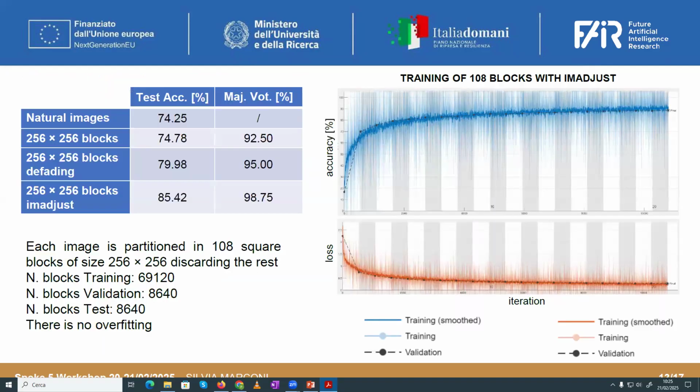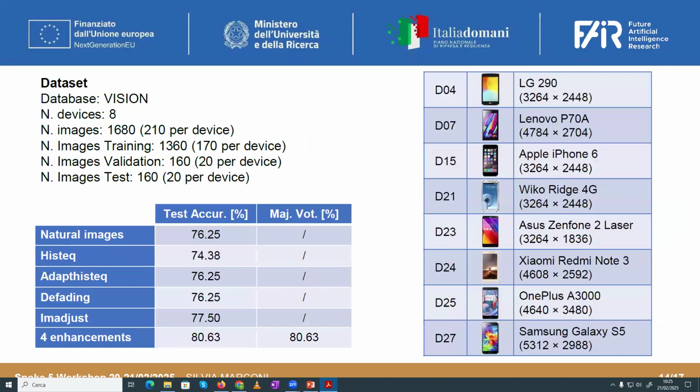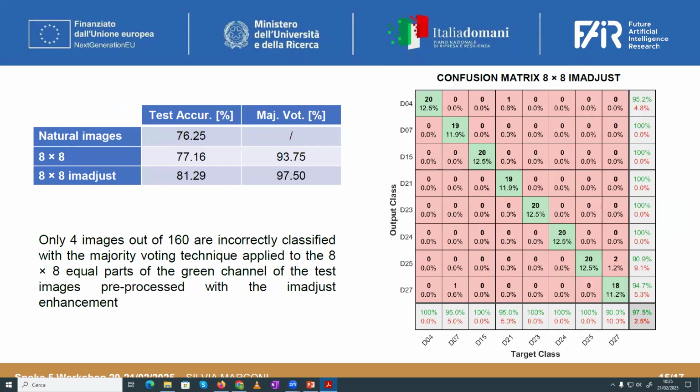So we can do even better. For example, partitioning the image in 108 square blocks of size 256, reaching more than 69,000 training elements. With majority voting, we reach very high performances, 98.75 with the image adjust, for example. And now, as we can see from the right panel, there is no overfitting anymore. This is another experiment with 8 smartphones, but is very similar to the previous case. From the confusion matrix, we can see that in case we have 8x8 partition and we apply image adjust, only